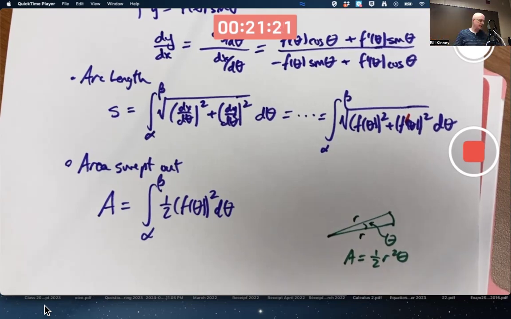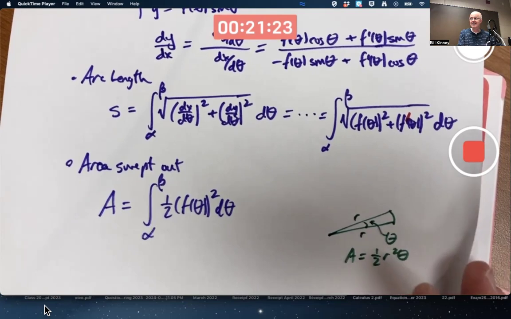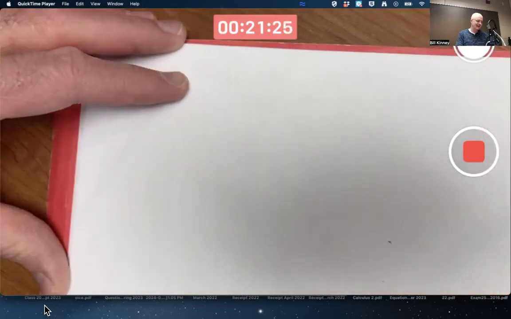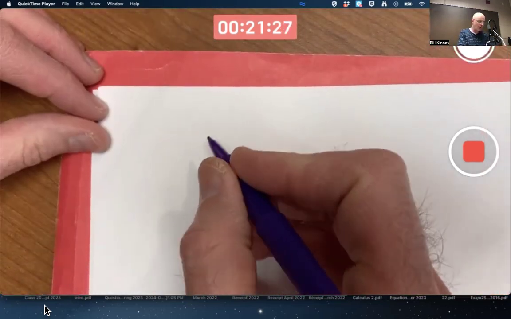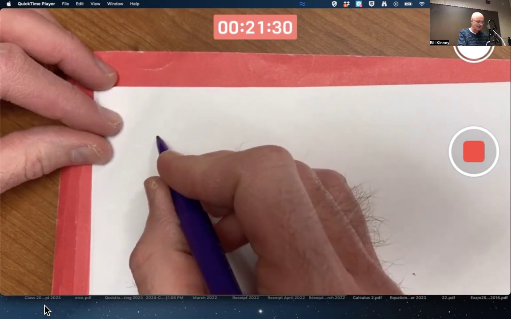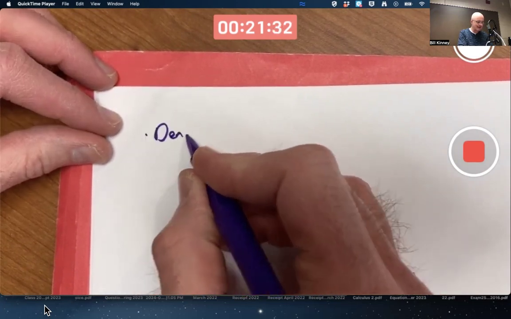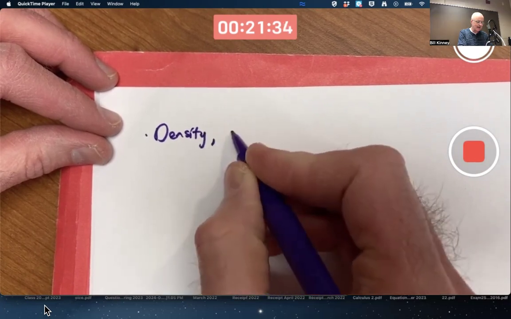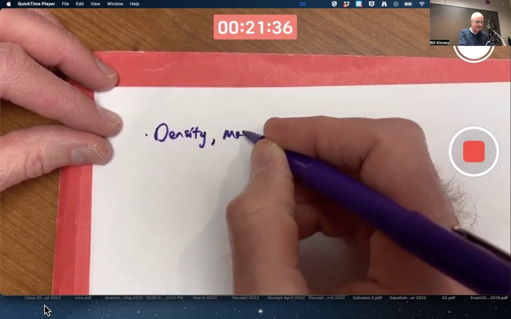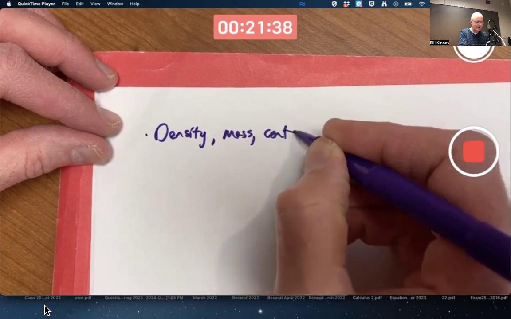Wow, all that was just the very first section. On to the second section. 8.4 was about density, mass, and center of mass